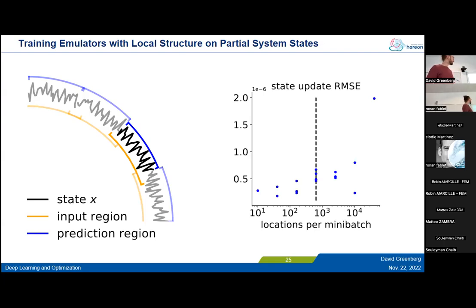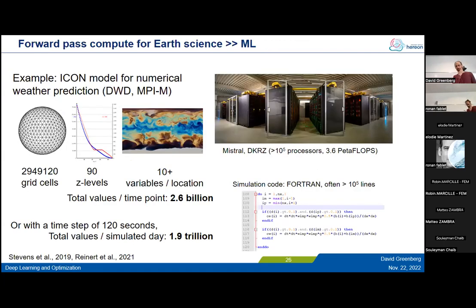The interesting thing is that the optimal emulator learning actually works with a batch size effectively of less than 1. If you think of the full system state as one batch element, it's better to use less than one full batch size. Okay, so this is a neat trick, but when you think about the kind of computations we really do